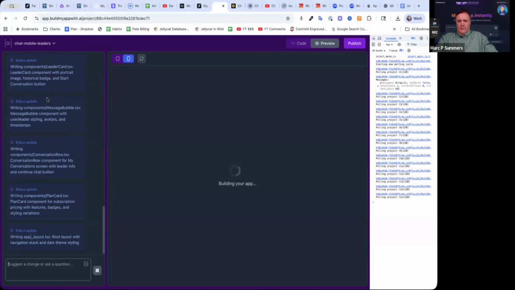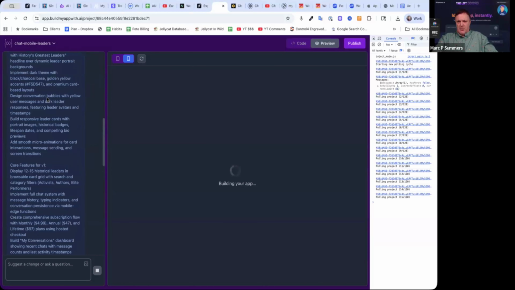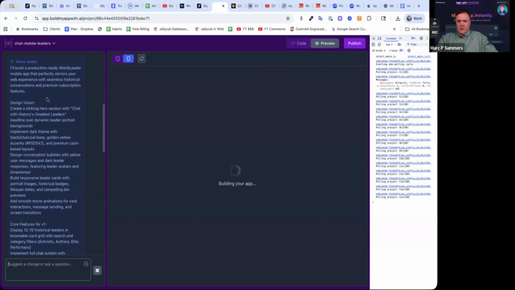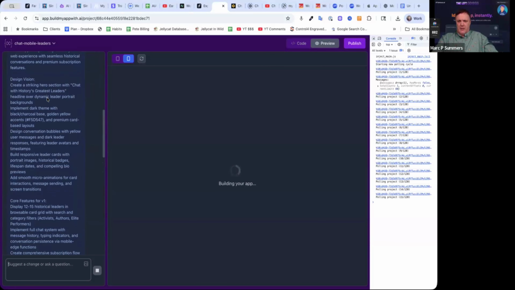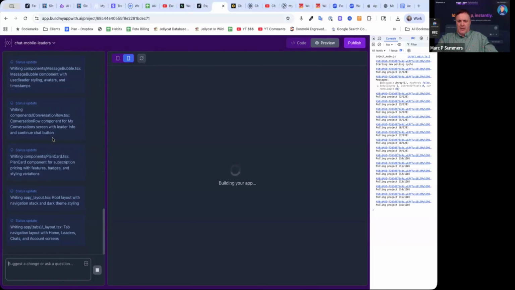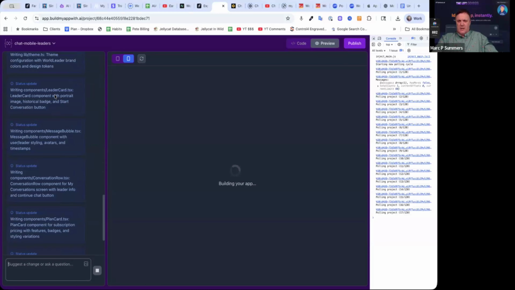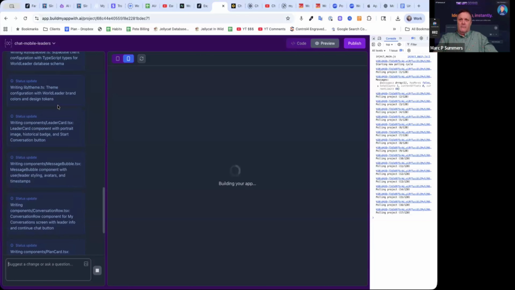I'll build a production ready world leader mobile app. Perfectly mirrors your web experience to create a striking hero area. It's doing the plan card. It's doing the conversation rows. It's doing message bubbles. It's created the leader card, which is the nice little